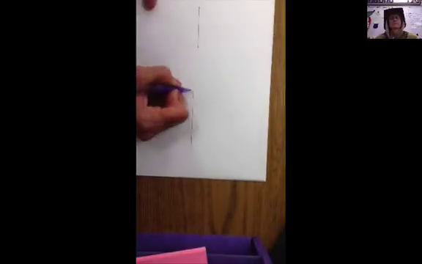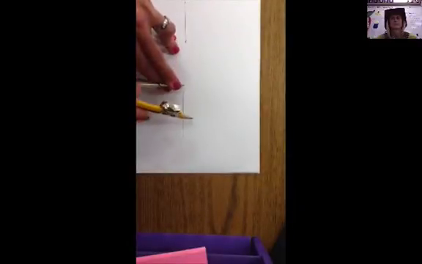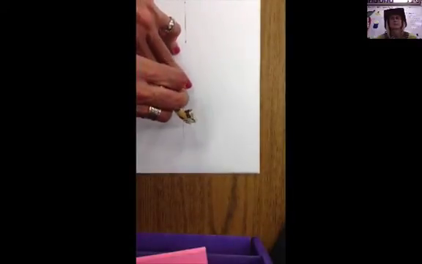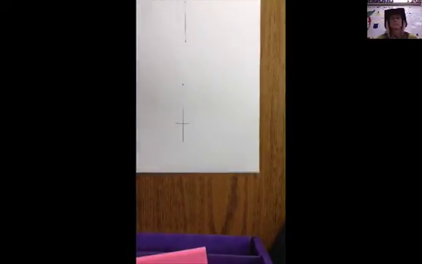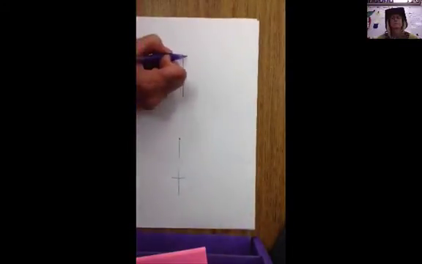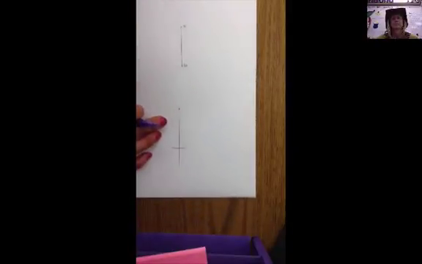Then I'm going to give this an endpoint, and line up my anchor with the endpoint. Now I'm going to intersect that line using my compass. So now what I've done, let me scooch this over so you can see it, let's call this one line segment AB. And then let's call this one line segment